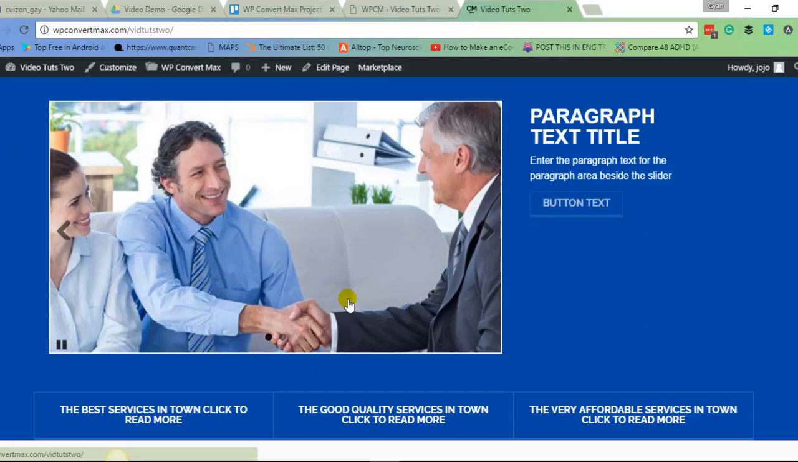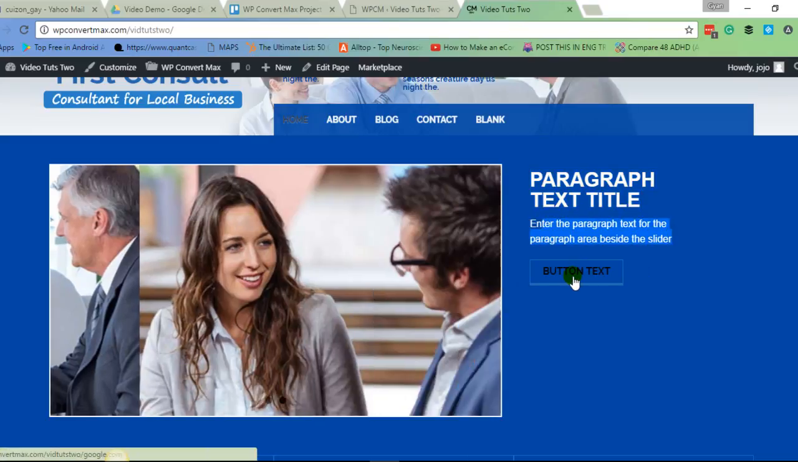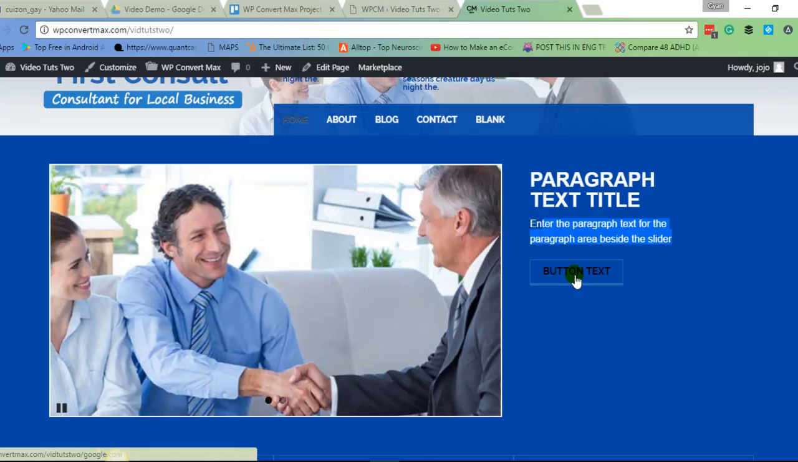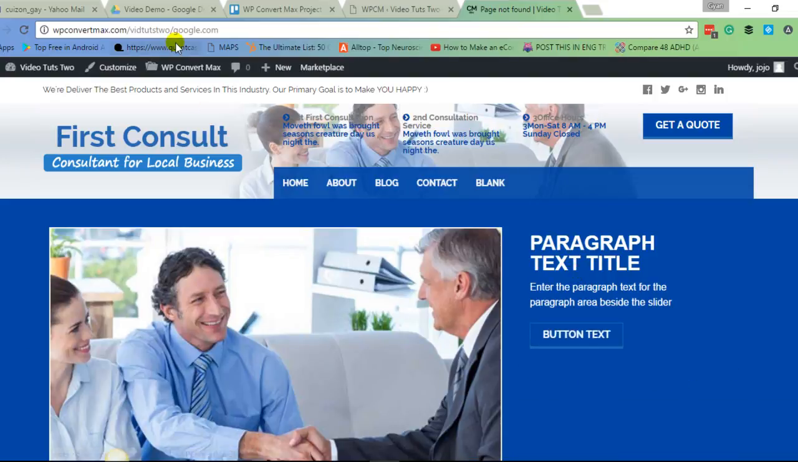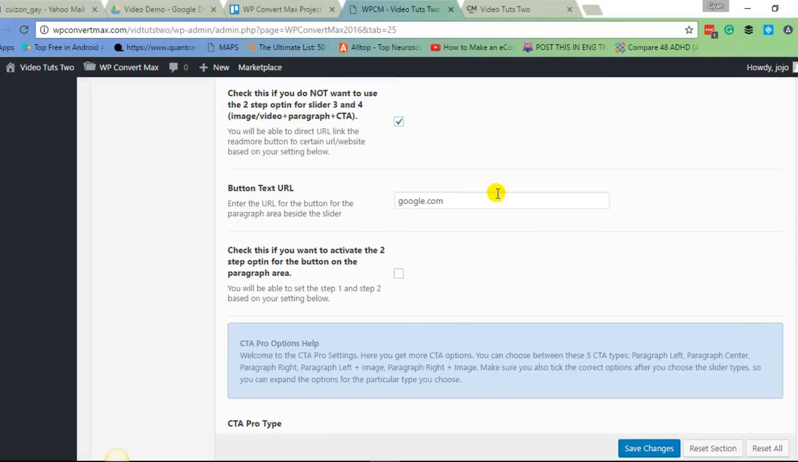And this is the image plus form, plus paragraph plus city. Here is the image slider, the paragraph text title, the paragraph text, and the button text here. Once we click this one, we will be directed to the URL that we set up. So here. Now we're going back to home, and let's go back into the settings, and let's choose this